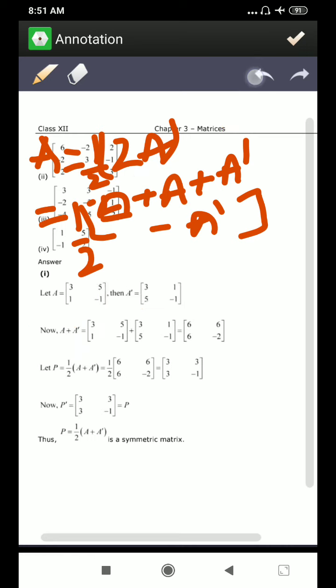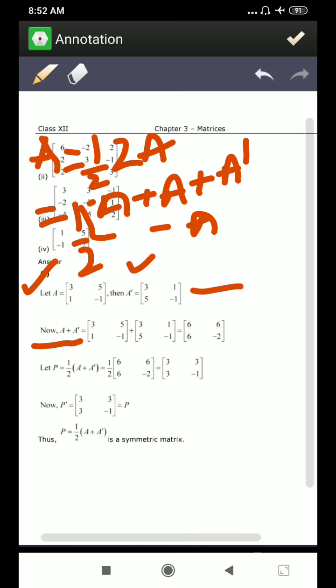Okay, so you just see I'm taking the first part, like A is given this much. So first of all I will calculate A transpose. I have to convert A as a sum of symmetric and skew-symmetric matrix. First find A transpose, find A plus A transpose. So we add both these two, this and this. Addition means corresponding elements. We got this thing. Now P is half of A plus A transpose. We will find P as I just explained to you. So it is half of this thing. So multiply each term of the matrix by half. You will get this as P.